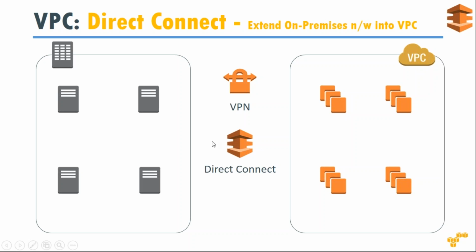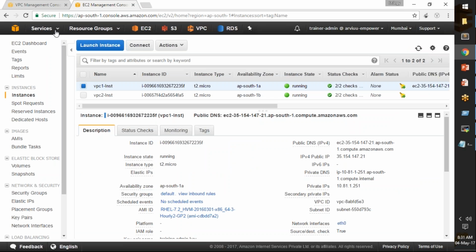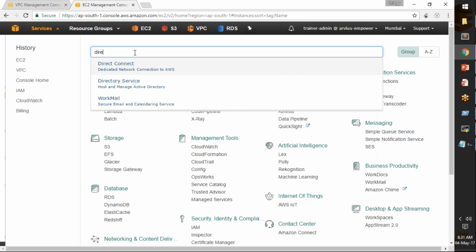With Direct Connect, you don't have much configuration. It is just a choice of ISPs provided to you, and you have to negotiate with those ISPs independently. Once they set it up, it will show up in your console as Amazon Direct Connect. There is not much I can do except show that a Direct Connect option is available in your dashboard. If you go here and choose Direct Connect,